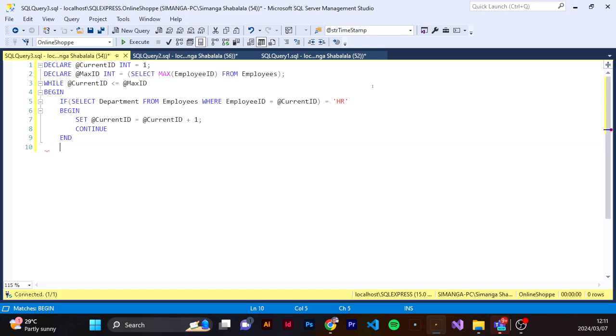And then we're going to process the employee. So we're just going to print a simple, simplified statement. So we print processing